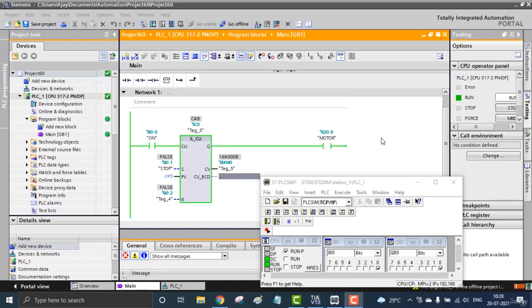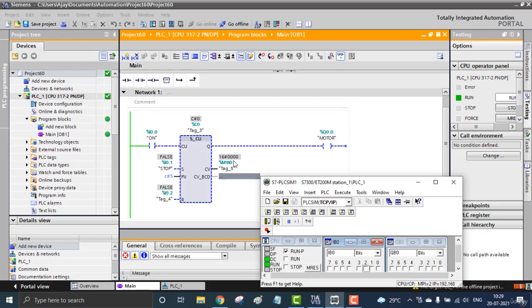Okay. Anyway, we just learned how to upcount this stuff, simply giving the pulse to the CU. Here you can see CU, that when giving the pulses to CU, that will be upcounting. So what is the reset? Reset, everybody knows about the reset. When the reset is also an input, I am going to pulse it on and off, and we just reset the counter to 0. If you want to reset the counter, we can hit the R. And what is S? That I'll be showing during the down counter session.